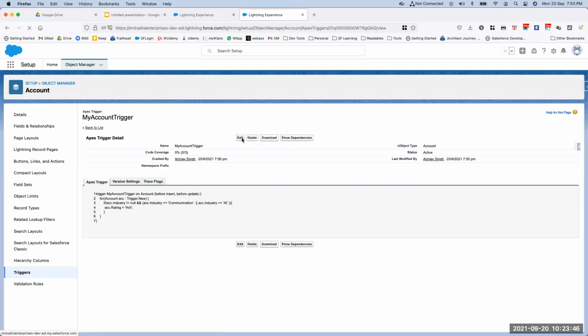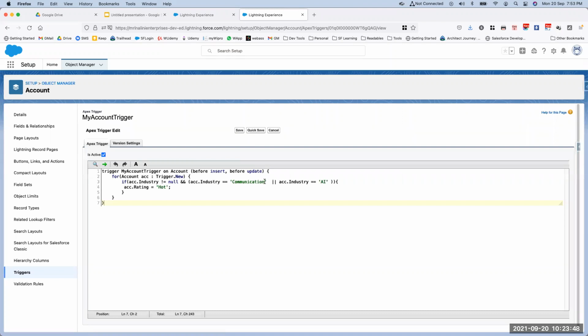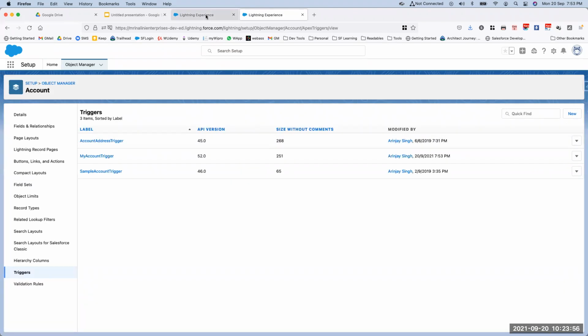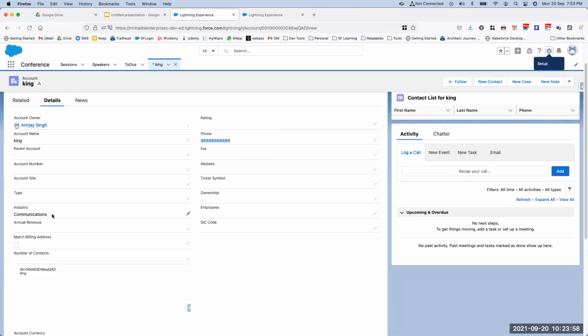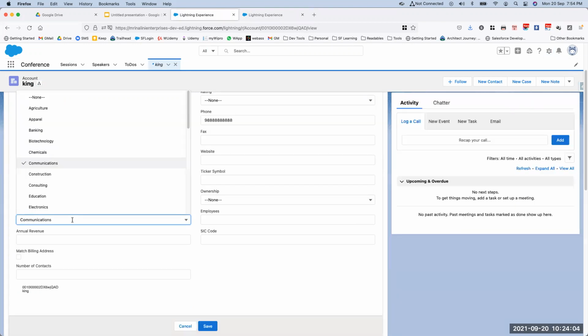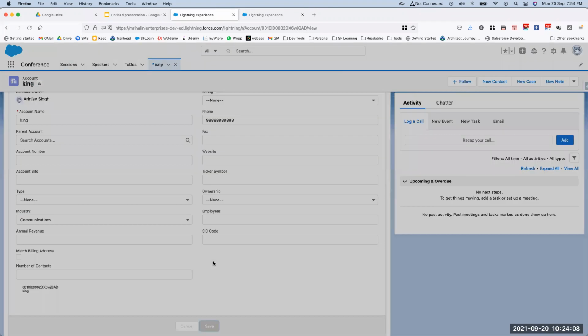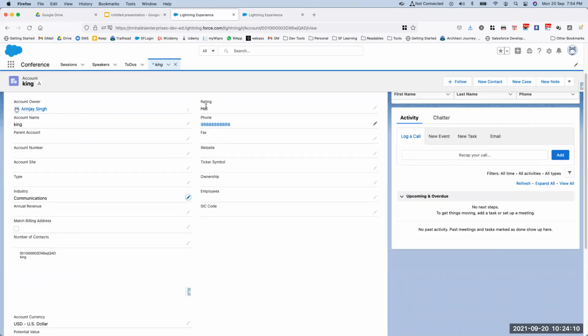I have written communication, and that should be communications. Save the trigger. I'm coming back, and I'll modify this to communications and save. And see, rating is changed to hot. So that is the before update trigger.